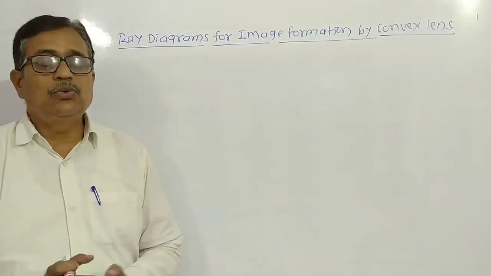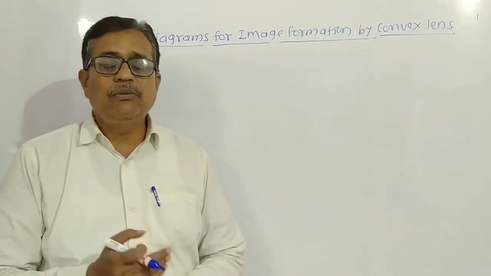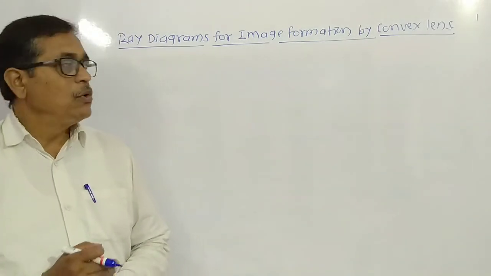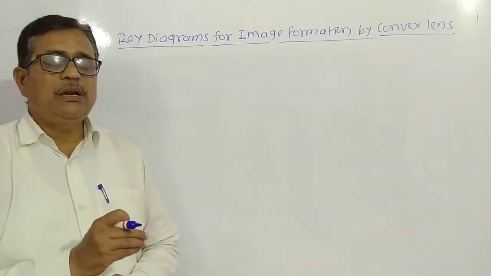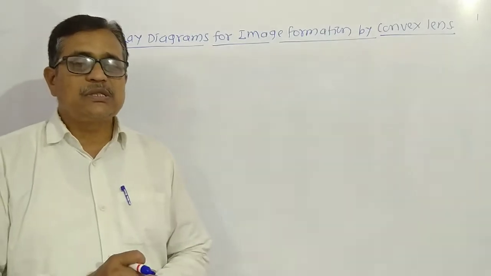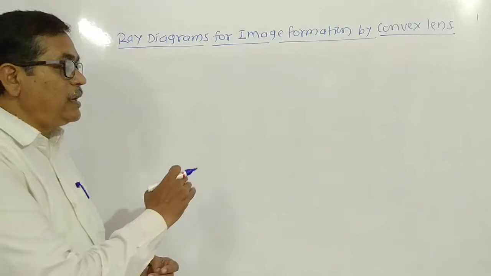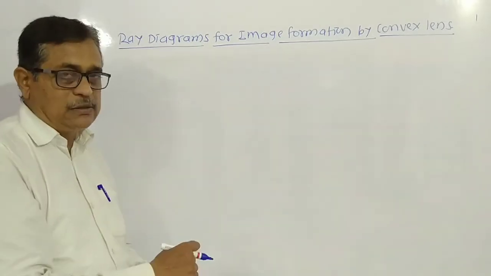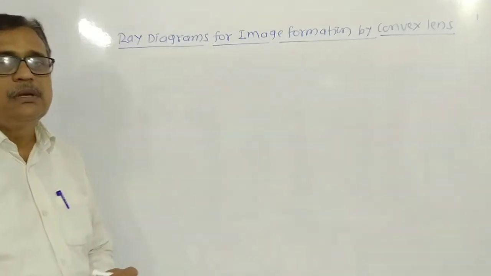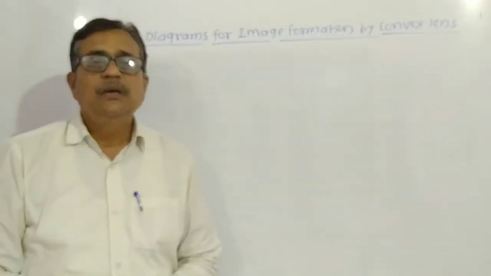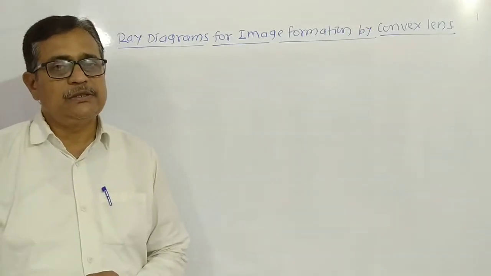There are two types of nature of image here: one is real and inverted, and the other is virtual and erect. You know what is real and inverted? A real image means one which can really be obtained on the screen. An image which forms on the right side of the lens and below the principal axis has the nature called real and inverted.